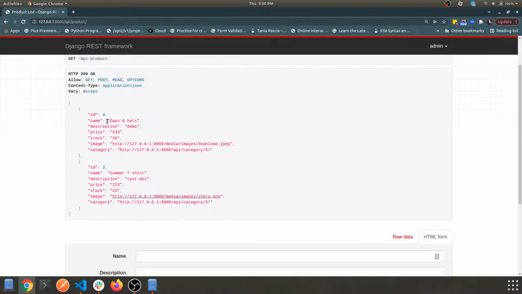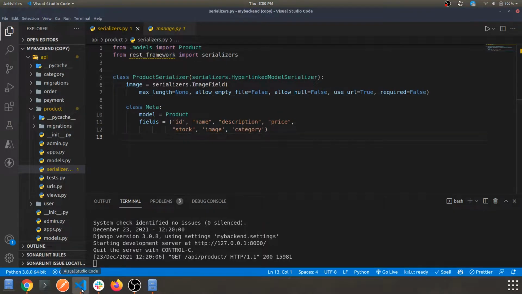So this is just a minor update to the previous video. Make sure you add those two changes within the serializers.py, which are the image and the field addition. You can just remove the fields all option. The code, the updated one, will be available in the description, so if you want to download that and get the proper version of it, you can directly do that. So this was it for this video, guys.